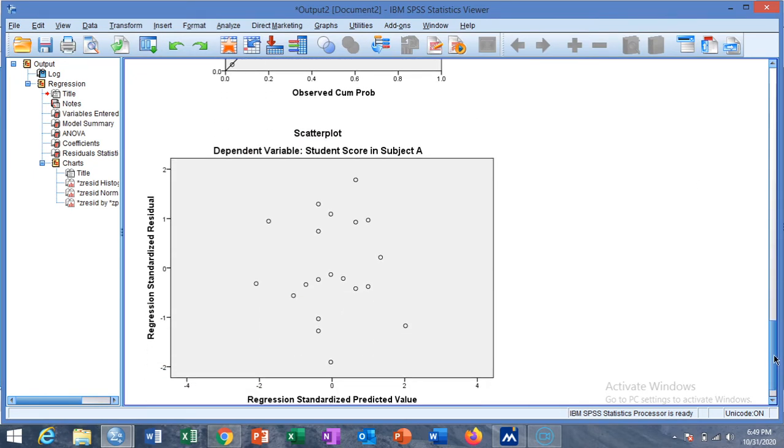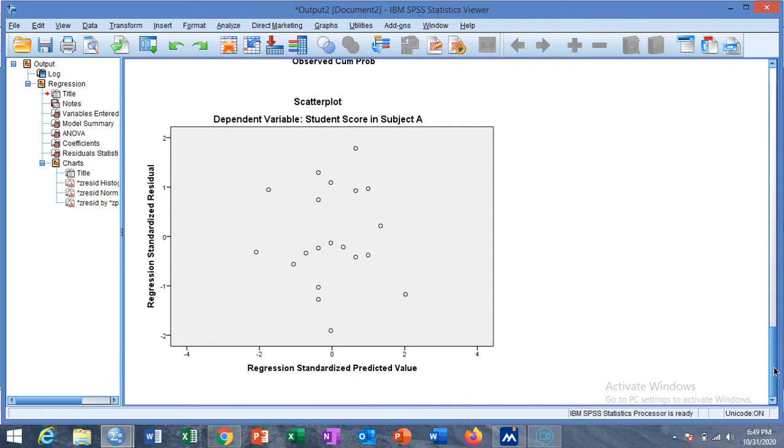And the scatter plot between standardized residual and the predicted values shows that the variation in the data does not depend on the predictor in the model, meaning that there is no heteroscedasticity in the model.